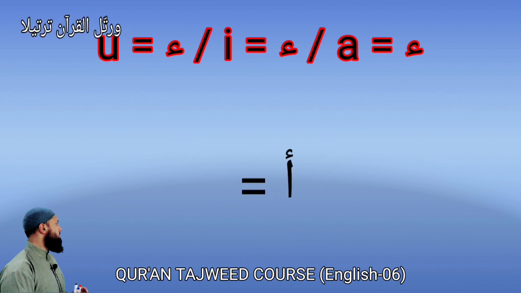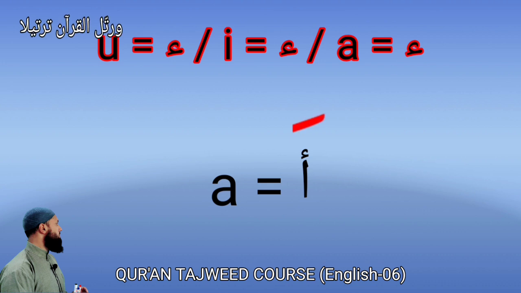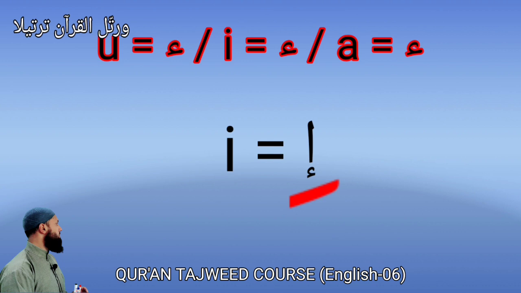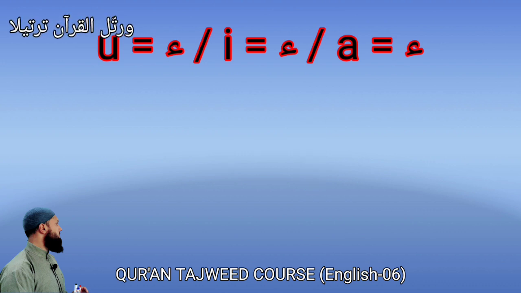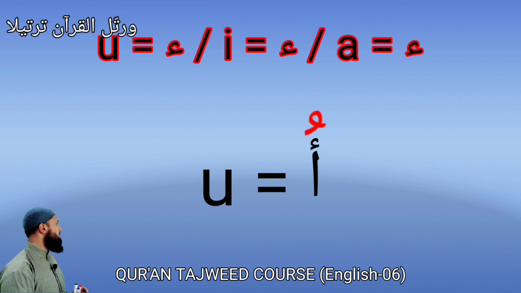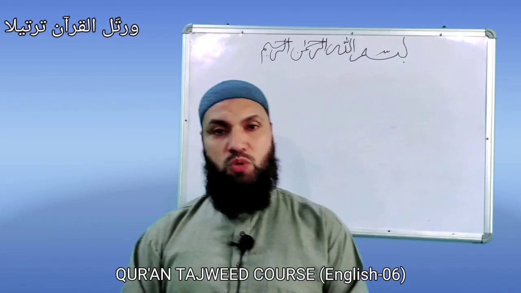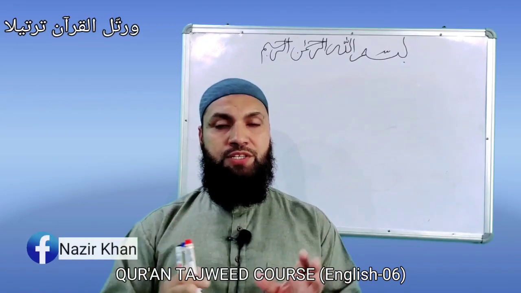It may correspond to the letter A in English if a fatha is written over Hamza, like Hamza fatha A. Or it may correspond to the letter I in English if a kasra is written under Hamza, like Hamza kasra I. Or it may correspond to the letter U in English if a dhamma is written over Hamza, like Hamza dhamma U. There was Hamza at 3 different positions in different words, and with that we have finished the rules